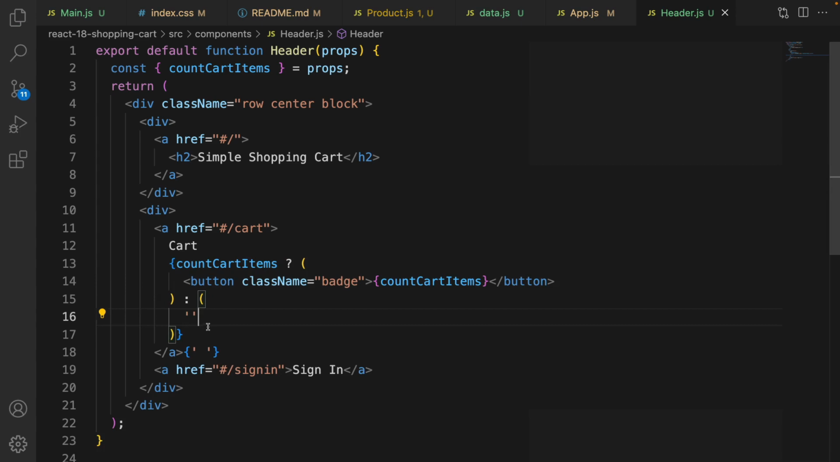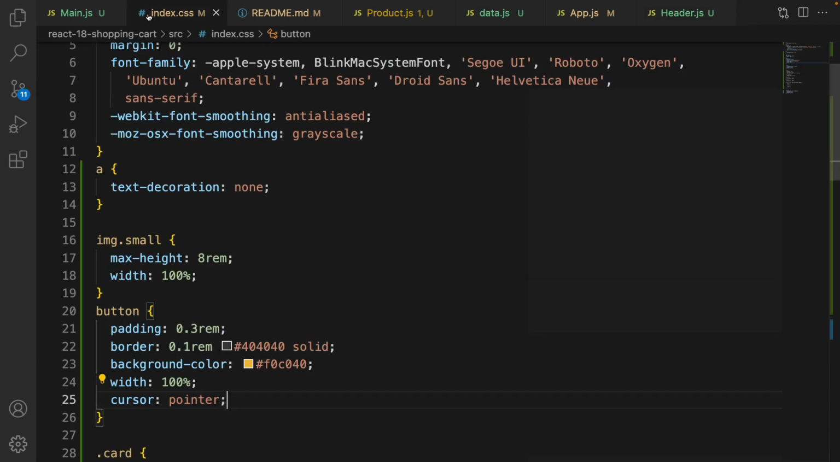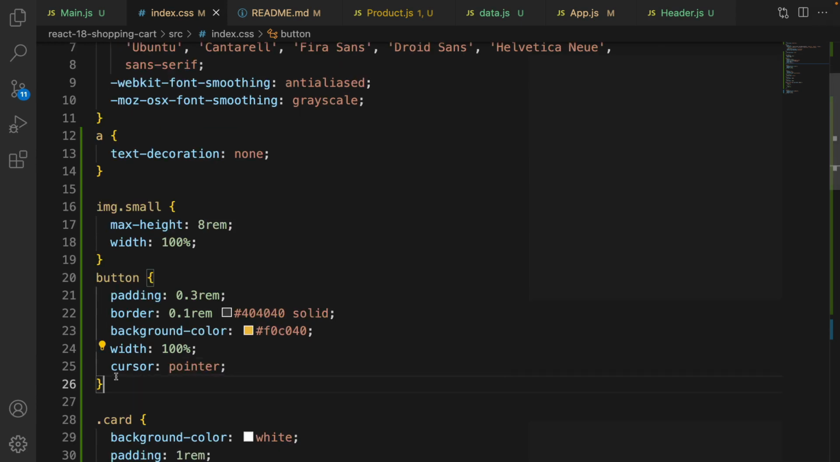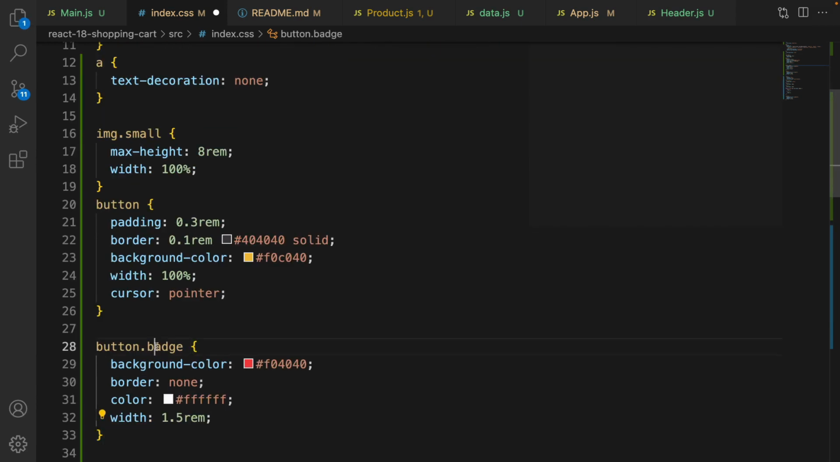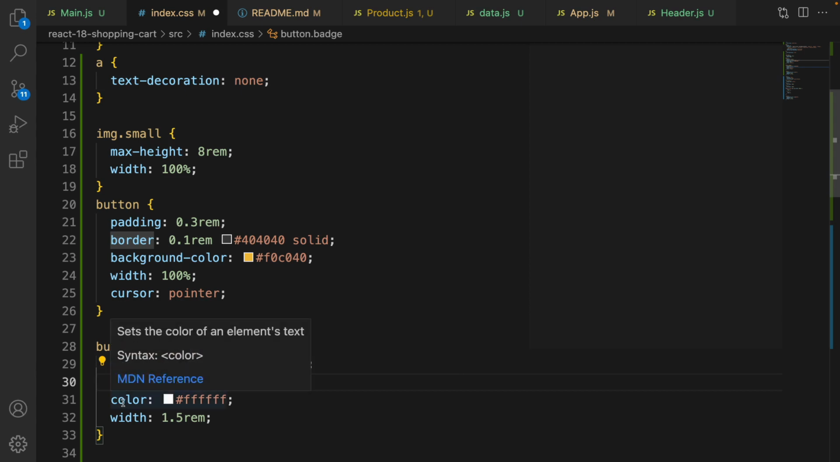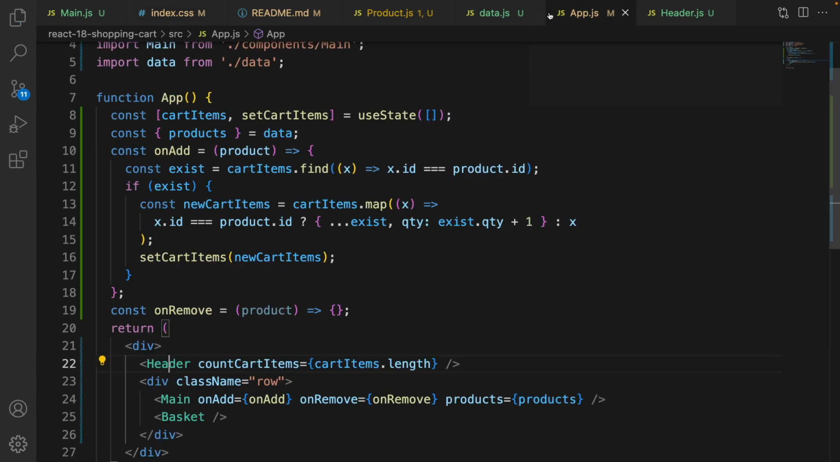Save the code to format it and define badge class. Go to index.css and here define badge class for button element. Change background color, set border to none, set color to white and width to 1.5 rem. Then go to app.js